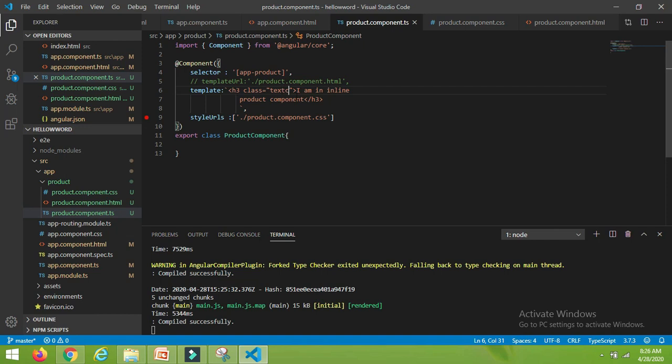That's done, right? Now you may have the same question as what we did for the templateUrl, can we do it for the styleUrl as well? The answer is yes, you can write your inline CSS as well. I will show you how to do this.